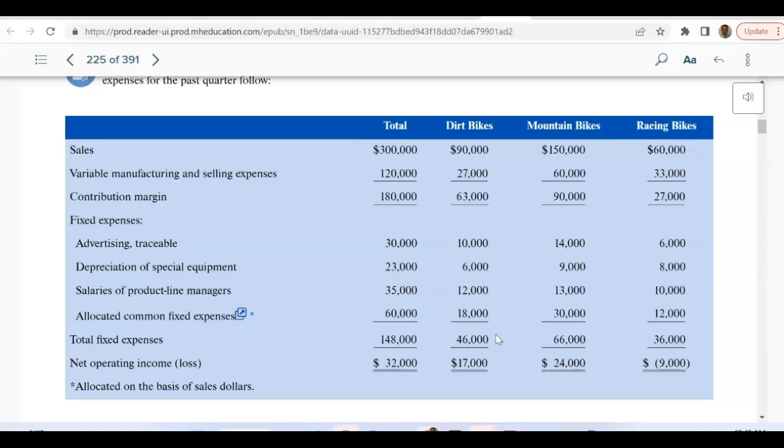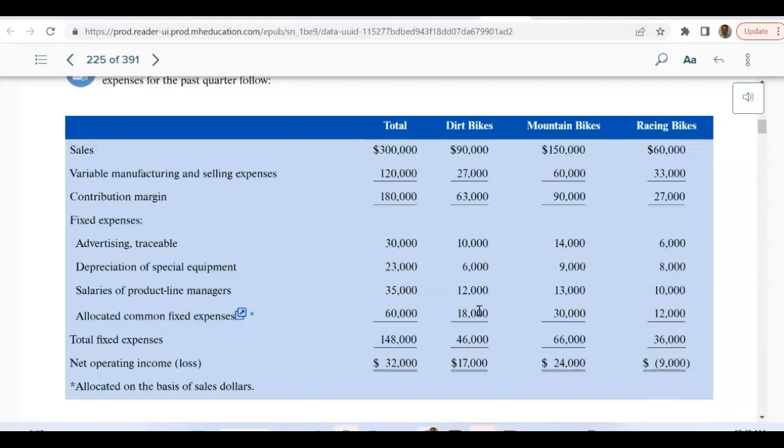So after doing that, you will see that the net operating income for each bike shows positive for dirt bike, positive for mountain bike, and negative for racing bike. Okay. Now, the issue is the way that you are looking right now here, the racing bike looks bad. Okay. But it's not a good way to demonstrate the information, because the common fixed expenses